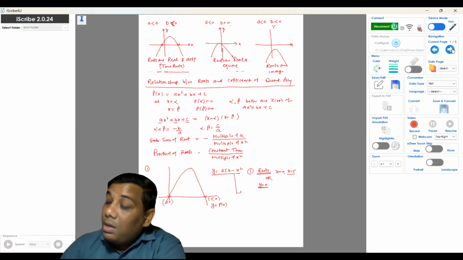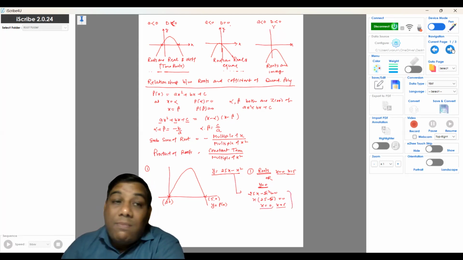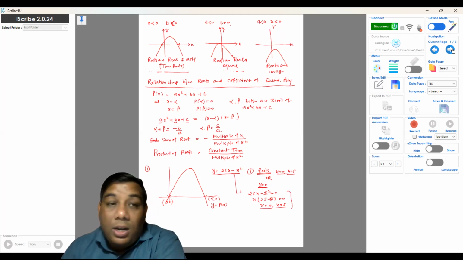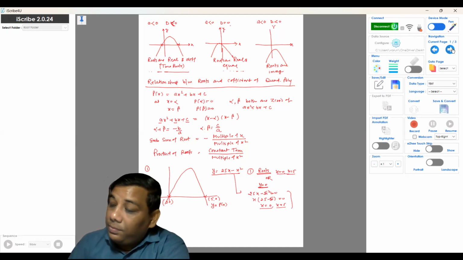If we put y equal to 0 here, then we will get 25x minus x square equal to 0. We take x common, then x(25 minus x) equal to 0, then the value of x is 0 and the value of x is 25. So we get the same values. Without wasting our time, if the graph is given to you, then we can find the intersection of the graph with the x axis and find out the value of x. Second part is what will be the maximum